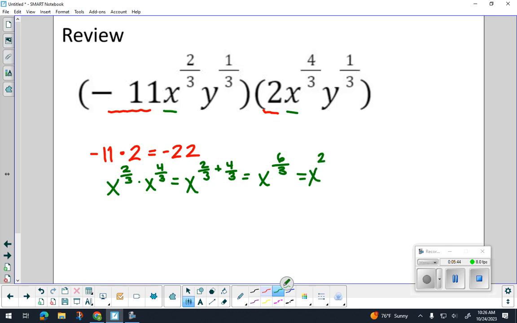Again, if y'all don't know that mathematically, use a calculator. I'm not going to be mad at you. Alright, now let's do our y terms. Again, yay, they have the same denominator. So we just add the numerators, and that's 2/3. So now let's put